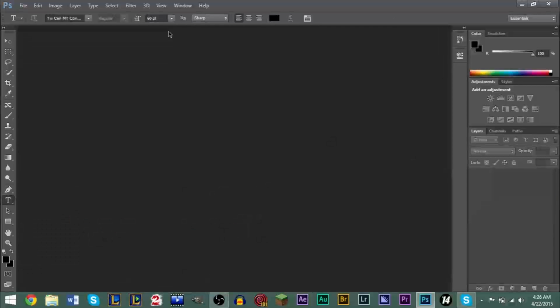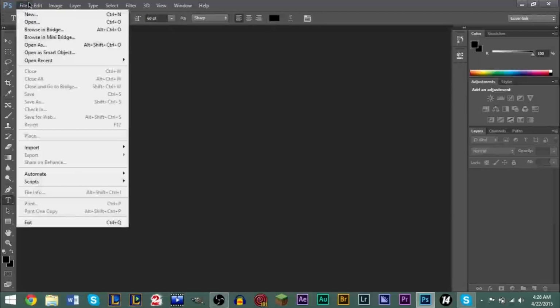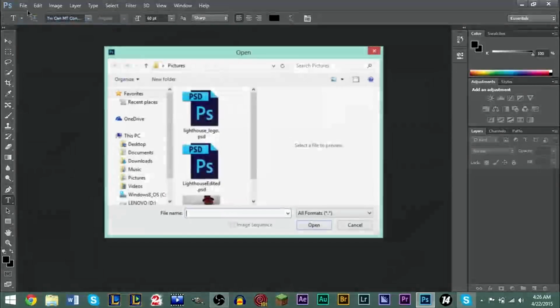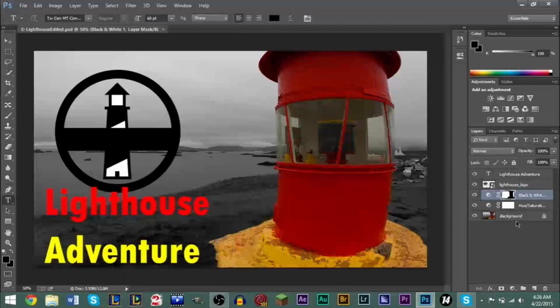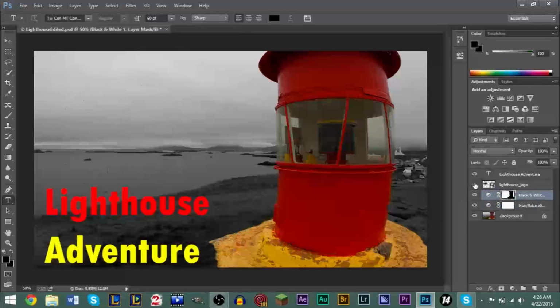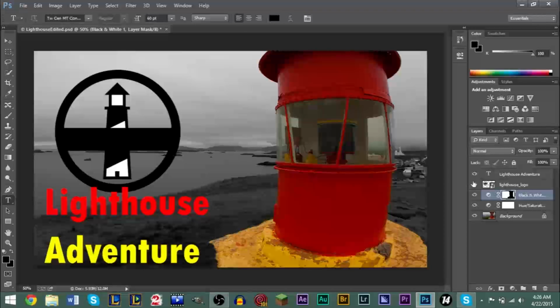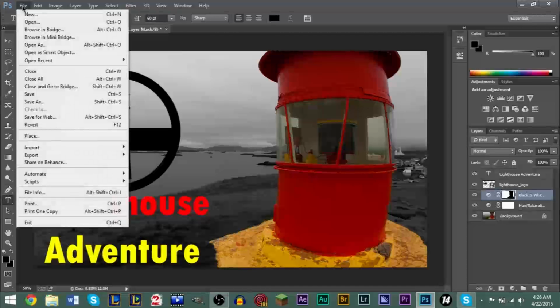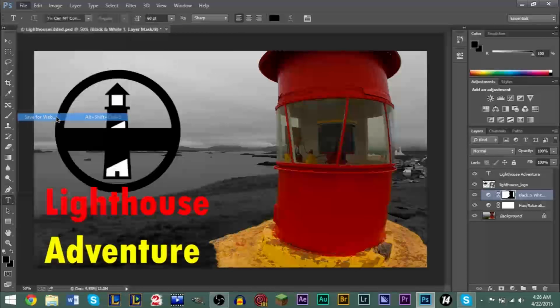If we were to close this now, go to File, go to Open, go to Lighthouse Edited. All of our layers are saved and we can continue to edit as we like. Now if you wanted to save this image to post on Facebook or to share with your friends, you'd go to File, Save for Web,